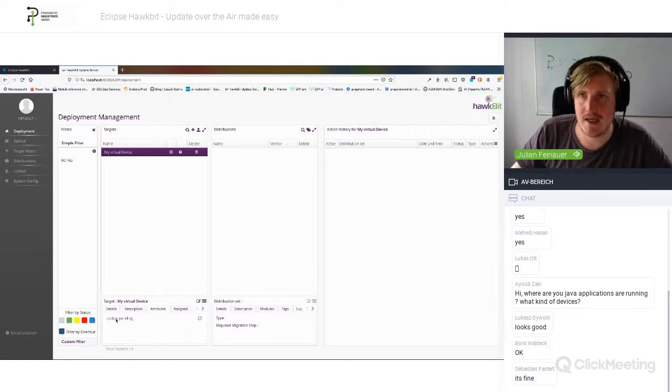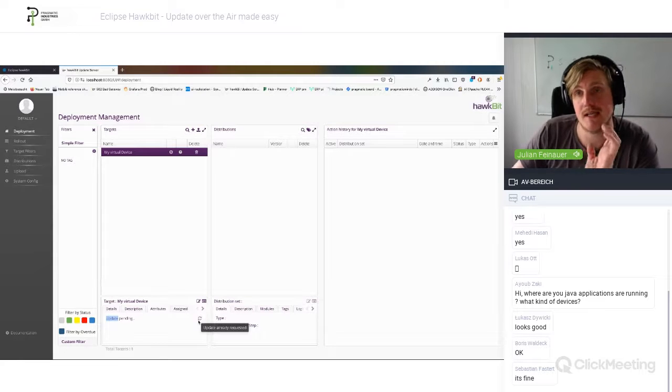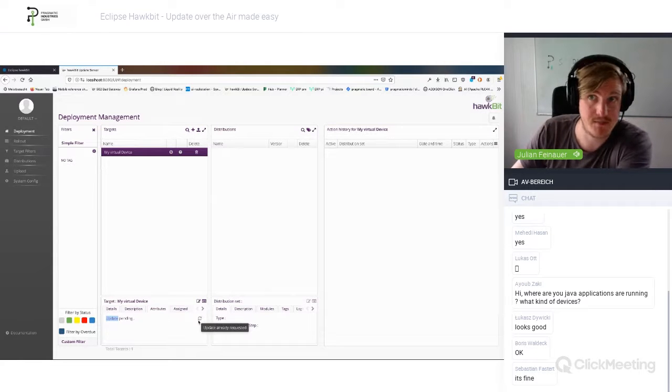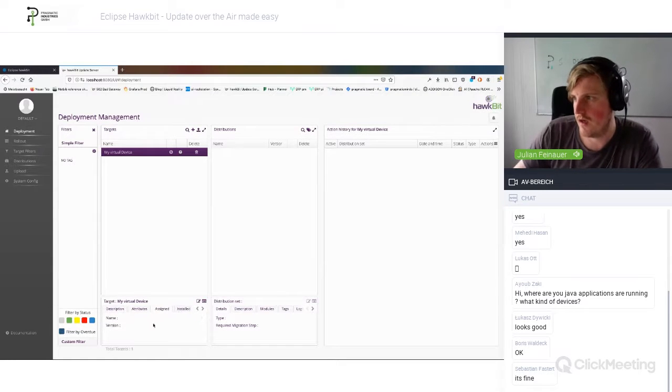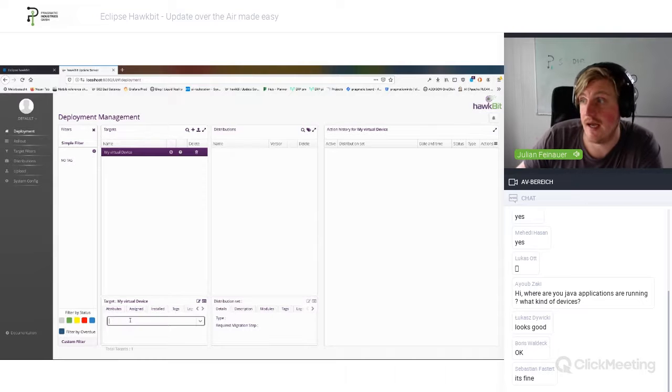So it says update pending because it waits for the device to send some. And when I would have devices here and I push the refresh button, then the next time the device polls and says, okay, do I have an update? It says, please resend me your attributes. Then I see the name of the assigned distribution and version, the installed version, and I can give it some tags,